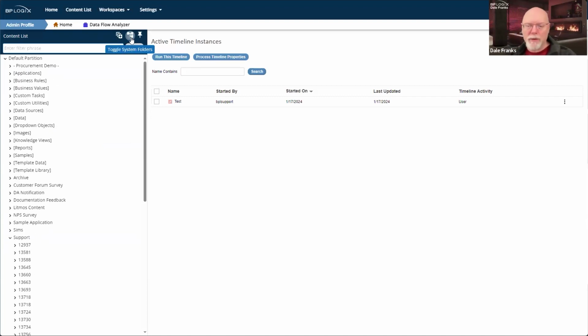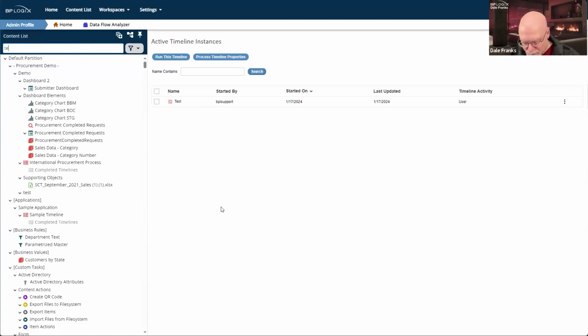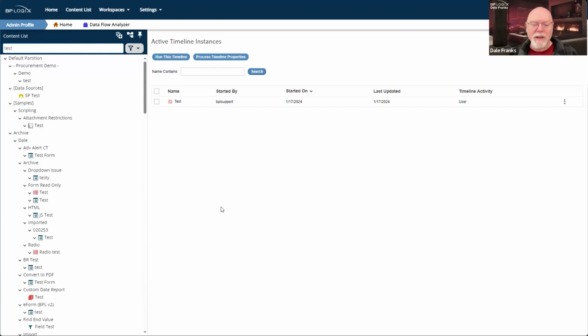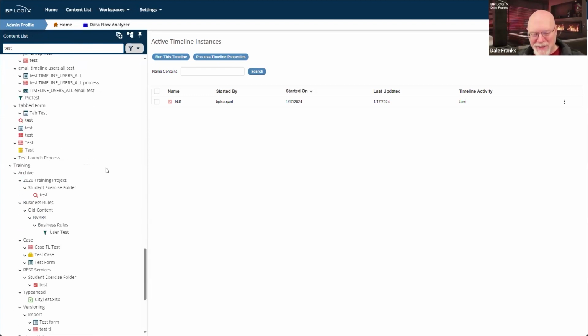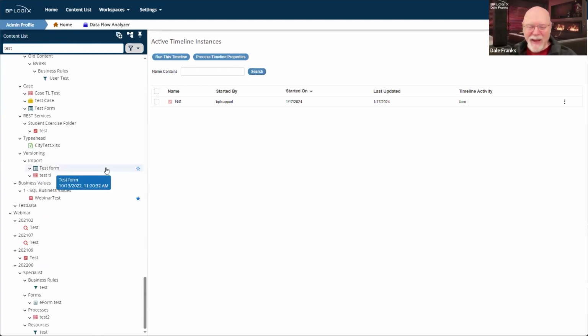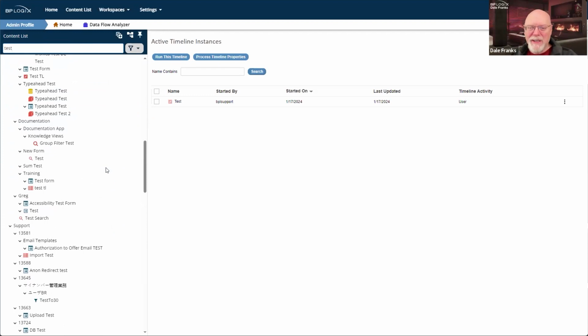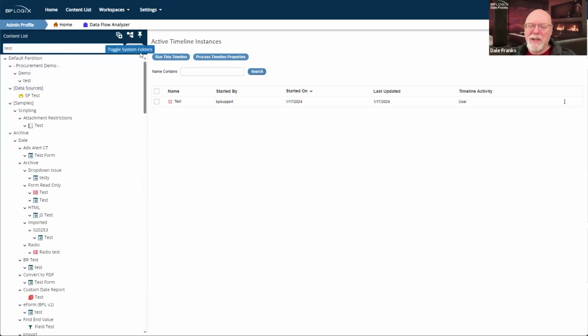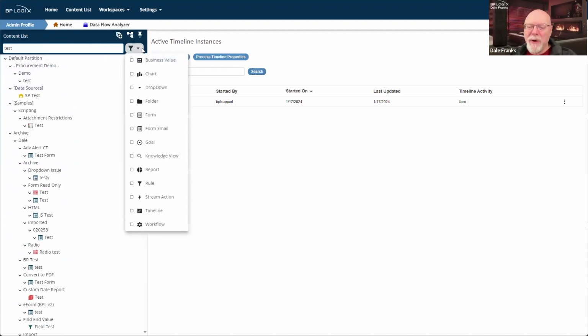So this becomes a much more convenient way of turning those content folders on and off. There is also a filter system built in place, actually a search and filter system. If I was to type, I probably shouldn't do this because I probably have 10,000 items named test on here, but if I type in test, it gives me all of the items named test. That's a lot of items. So I can take my search even further. There is a filter drop down.